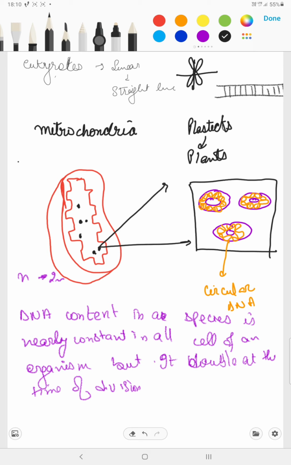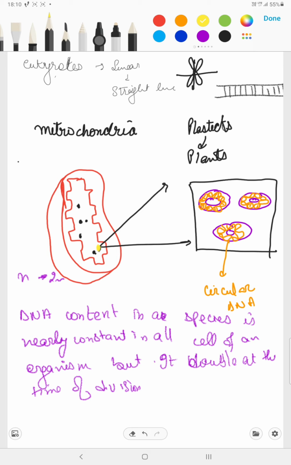Now I have drawn the structure of the mitochondria. Inside the mitochondria, the black spots, now I'm drawing them in yellow, you are able to see is basically the nucleus. Is the DNA. How can I talk about a nucleus? Mitochondria doesn't have a nucleus, the cell has a nucleus. So it is basically a DNA. The DNA here is circular in shape.